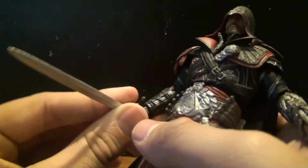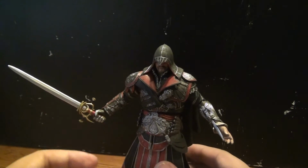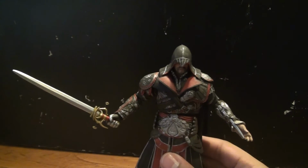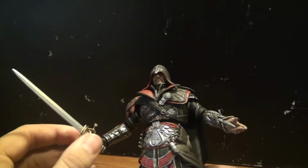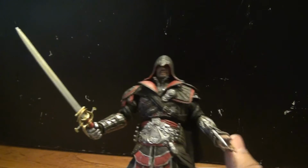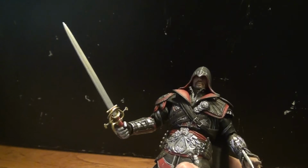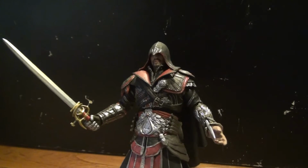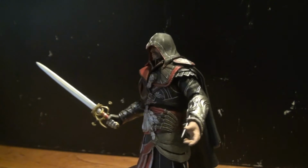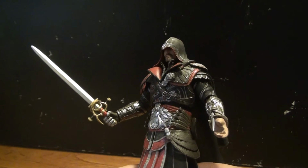You can take the sword in his hand, of course. And now you've got Ezio posed with the sword itself. And that is really, really cool. But boy, oh boy, what a brilliant figure. For any Assassin's Creed fans out there, do pick this figure up. If you don't like action figures, at least give this one a chance. Because this one is, I think, the best of the two. The paint and the look are top notch. The accessories that it comes with are amazing. And this figure overall is